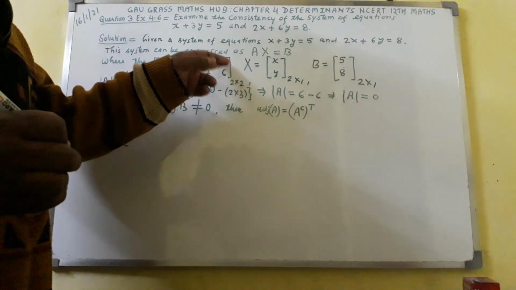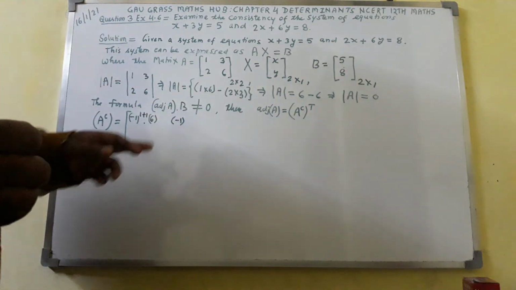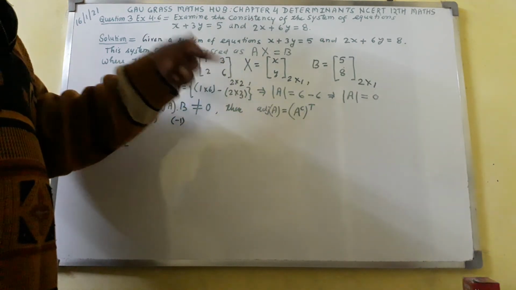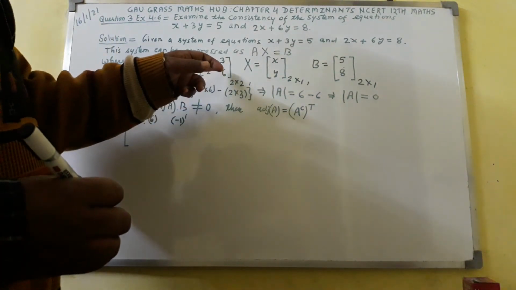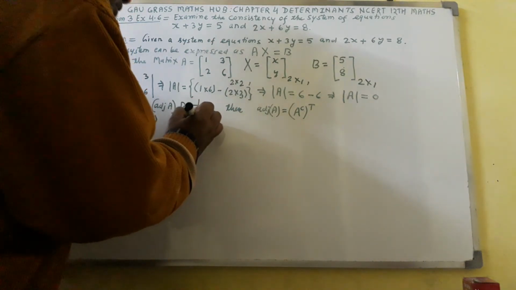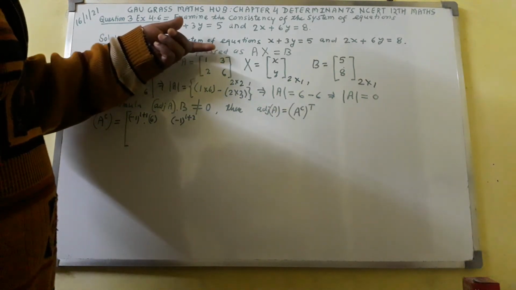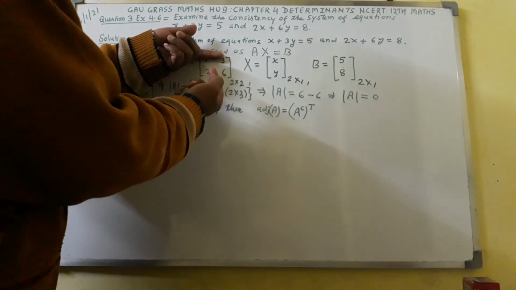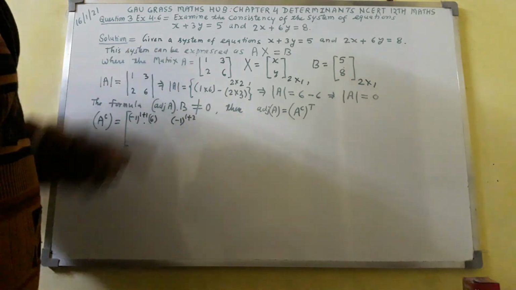Now for this element, here I shall write -1, that is constant here, raised to the power. Here you can see 3 is there in the first row and second column. For first row I shall write here 1, and for second column here I shall write 2, and 3 is there in the first row and second column. The first row and second column will be hidden. You will get the minor of 3 as 2. So here write 2.